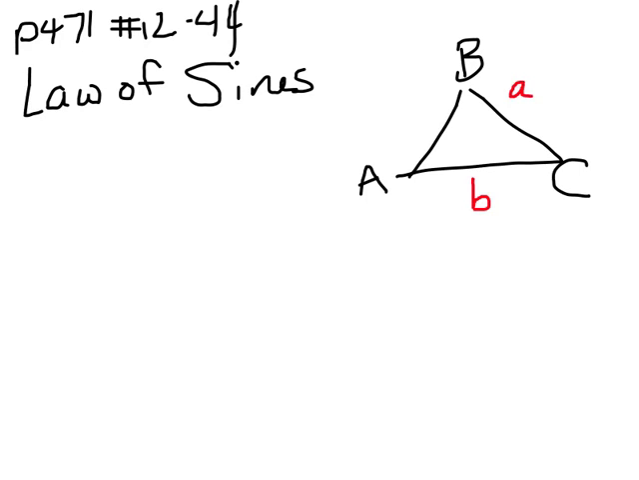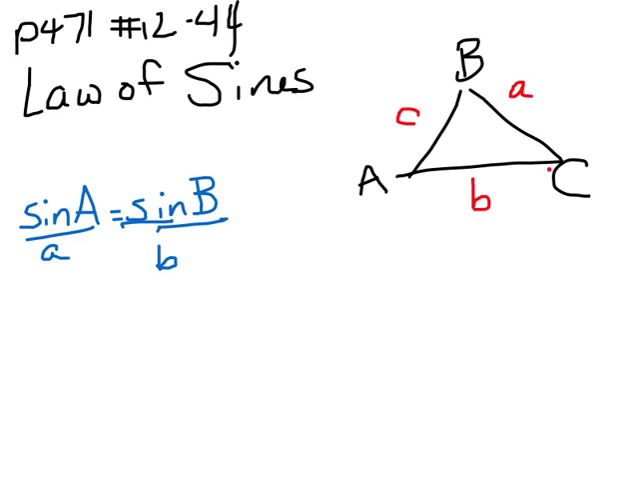And then the side across from angle C, this side right here, they're going to call that little c, because that means that's the side across from angle C. So these are the labelings that we need to use here to understand the formula. Because if we label this way, here is the rule that we're going to use, or the formula. The sine of angle A divided by a is equal to the sine of angle B divided by b is